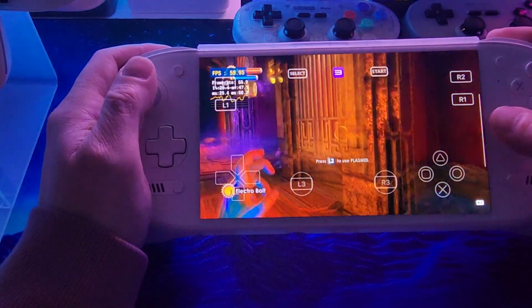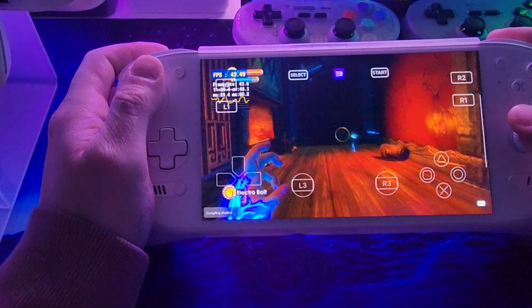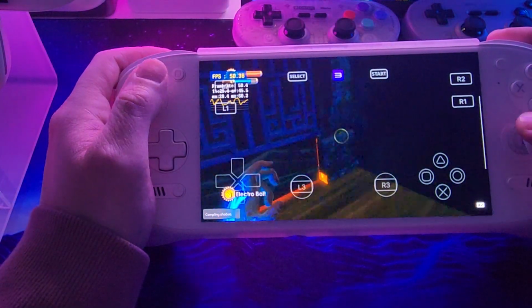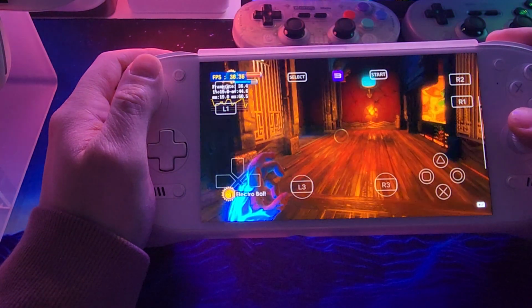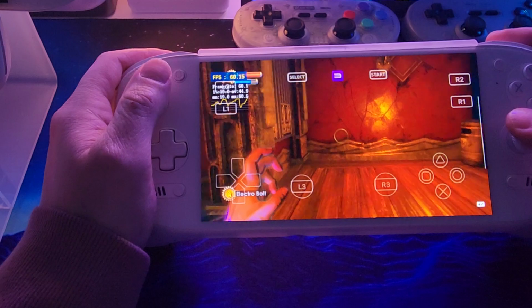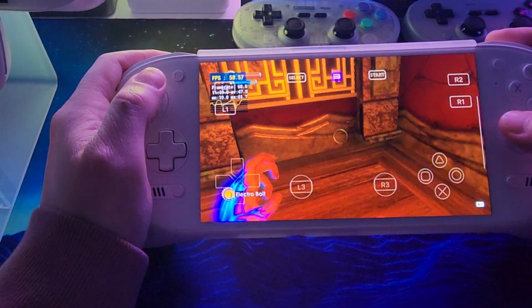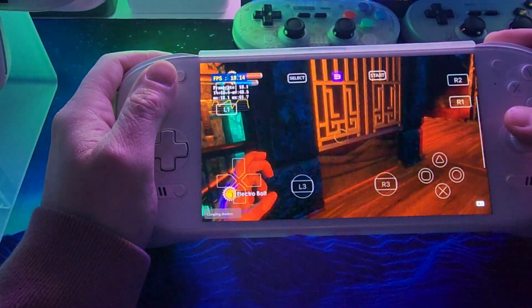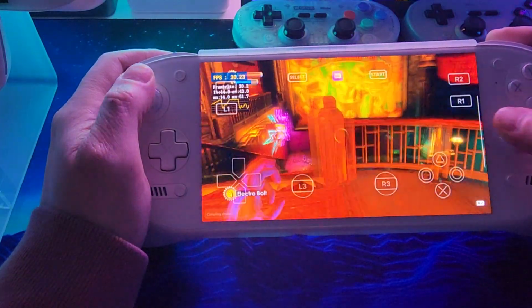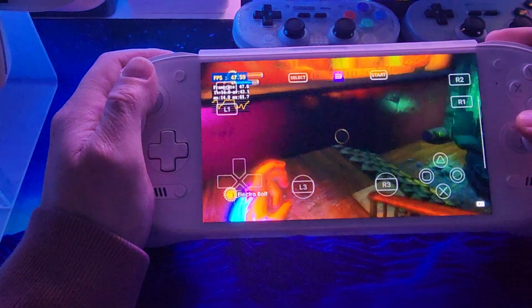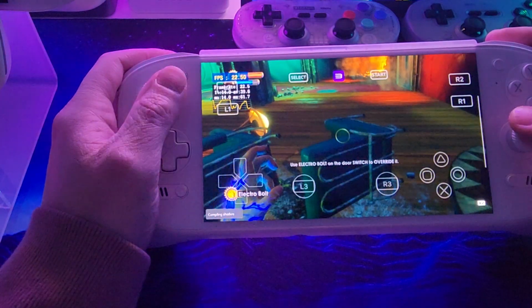I mean, at this point, I would say this is playable. I'm not going to say this is perfect at all. If you're trying to emulate to just play this game, go with the PC version, the remaster version, first of all. And on top of that, you could get easy 60 frames per second, if not higher, especially with the